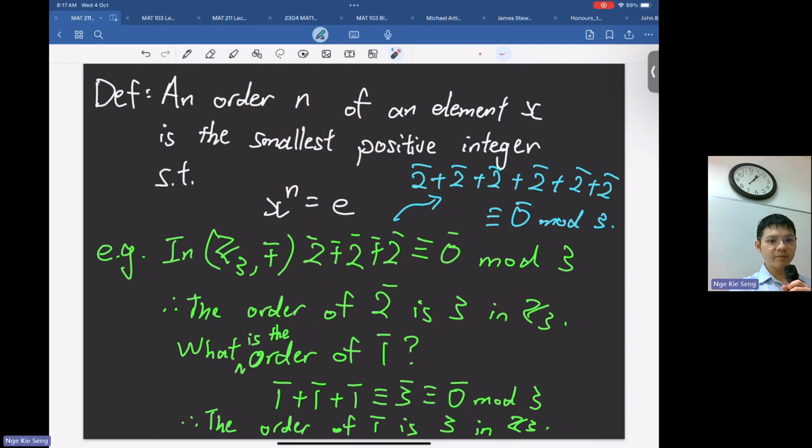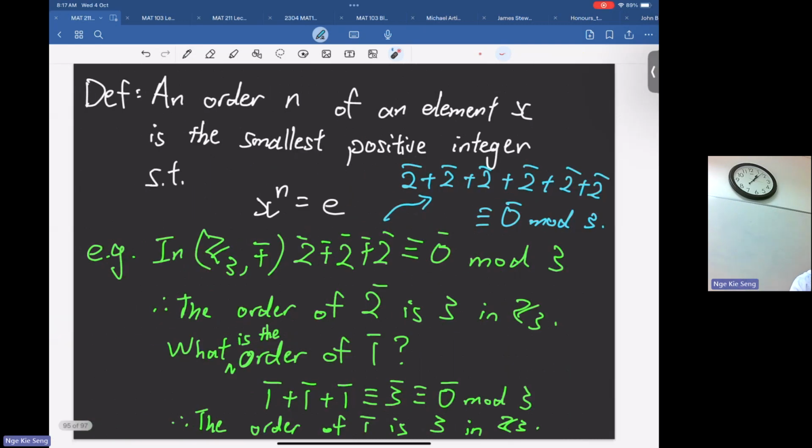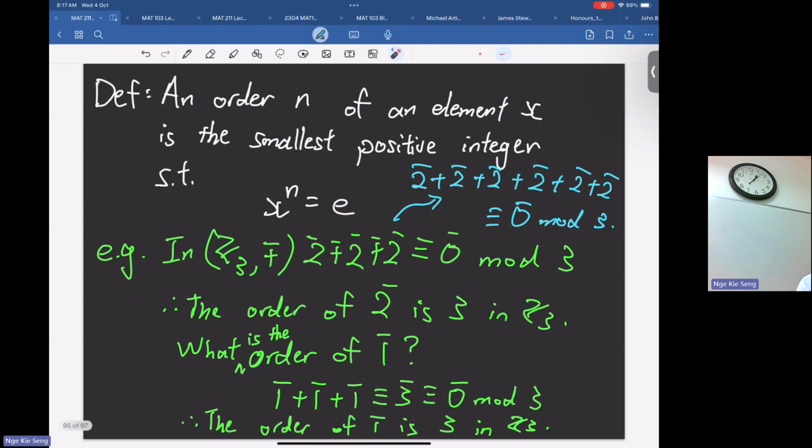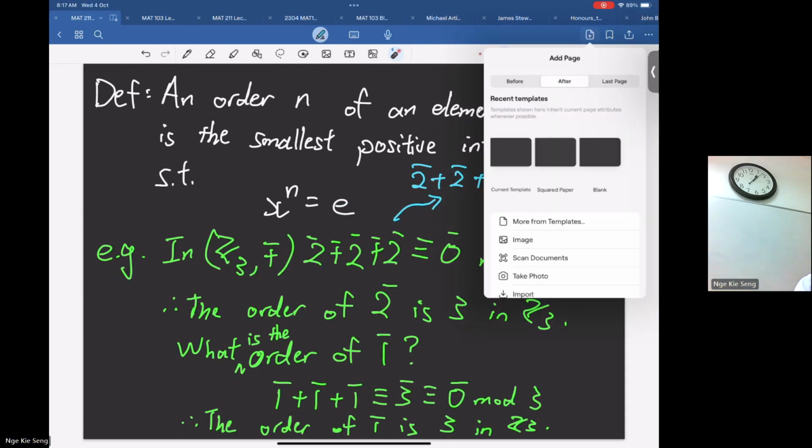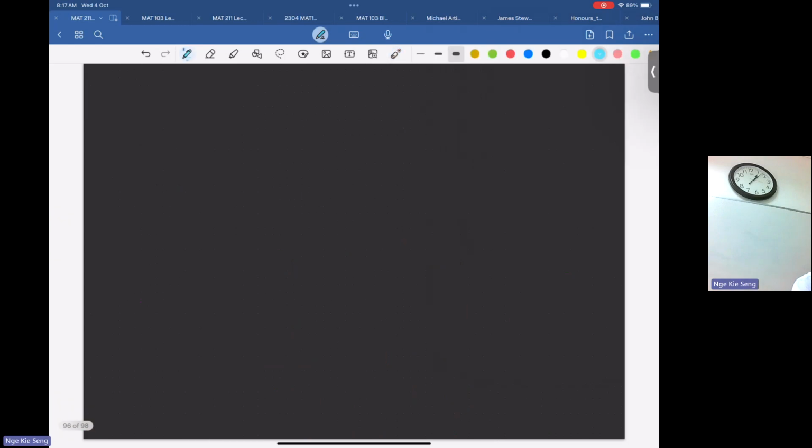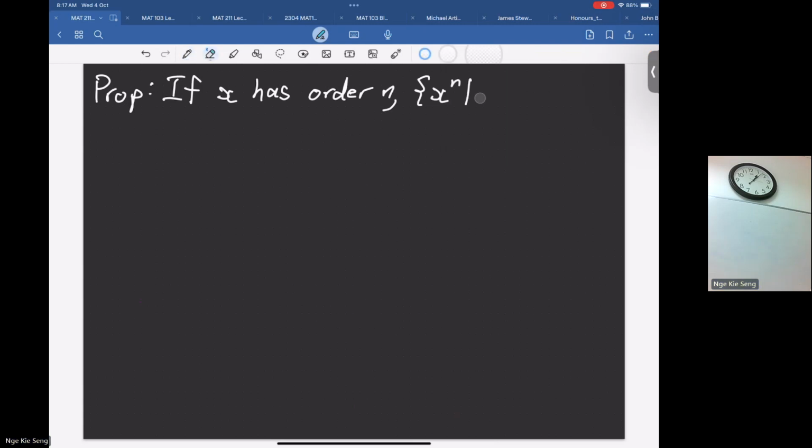Okay, so this is the subgroup, the cyclic subgroup, and then we have an order. I haven't talked about this. So how about cyclic? Another very important property I left for you to prove at home. Another very clear definition of a cyclic group is: if you have order n, the seemingly infinite set